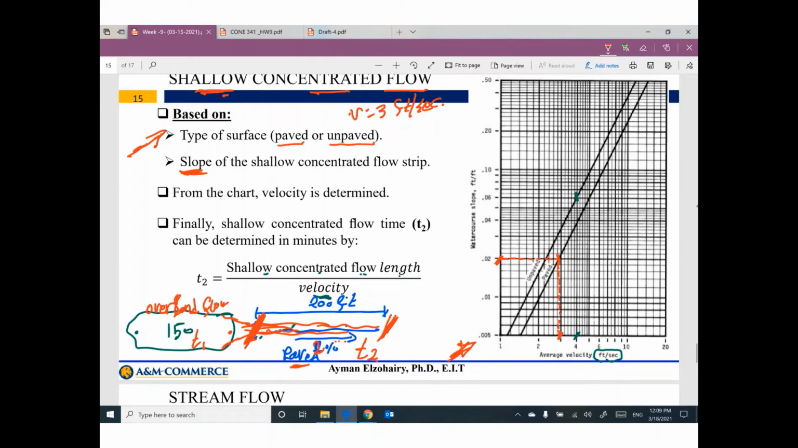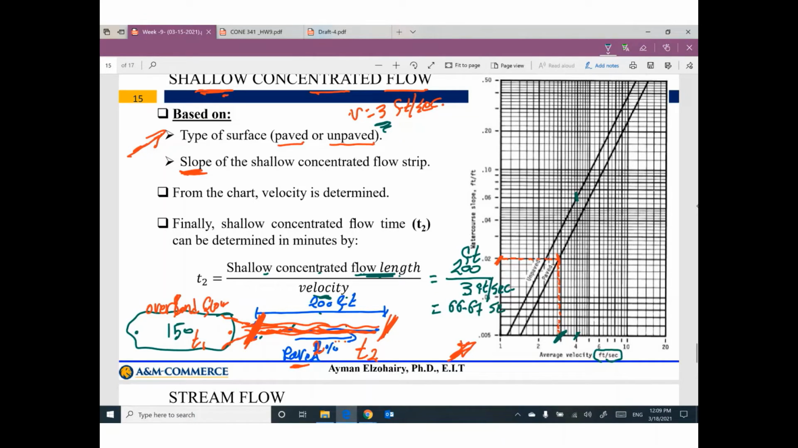Believe me, the water flowing in this part will have velocity equal 3 feet per second. I don't care about the velocity, what is the time? The time equals the length of this flow, which is 200 feet, divided by this velocity that you found, which is 3. Remember, this distance is in feet, this velocity in feet per second. So the final answer, 200 divided by 3, will be